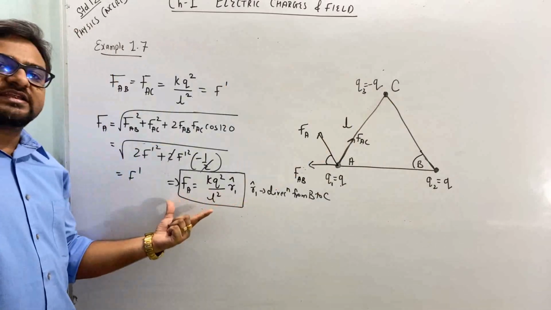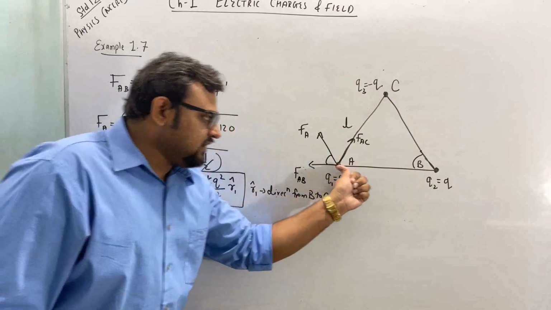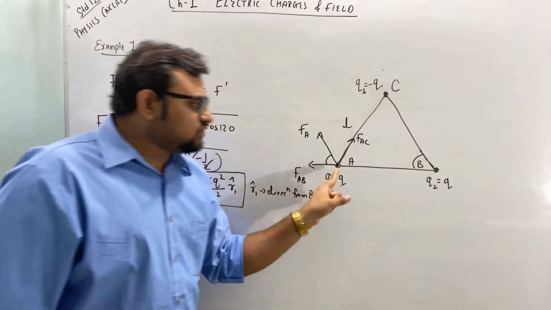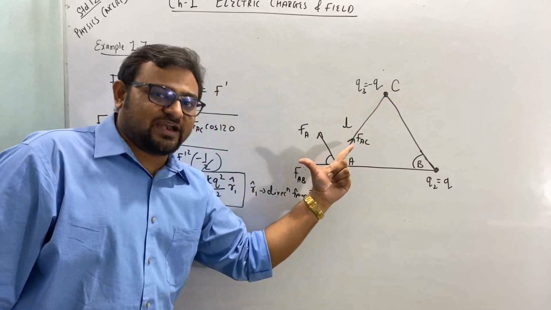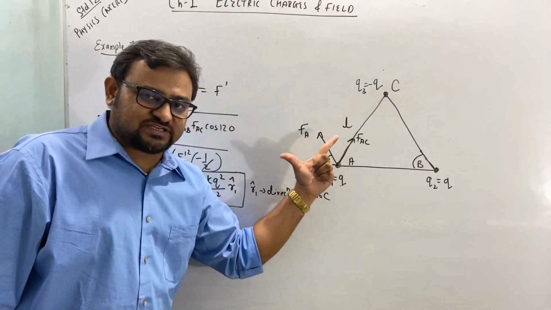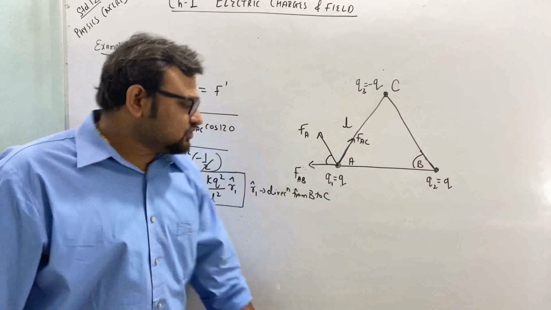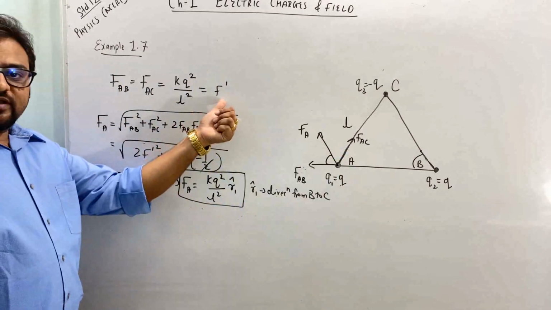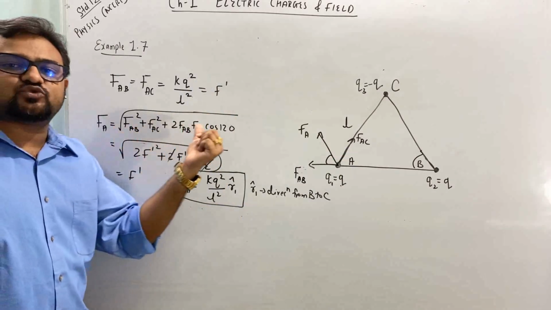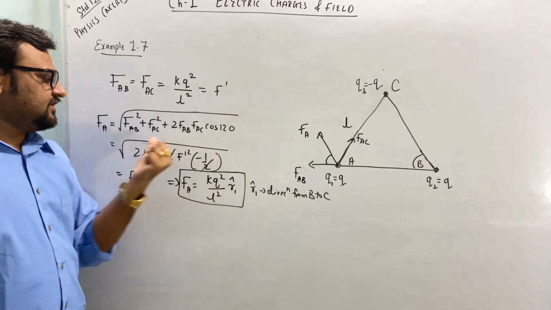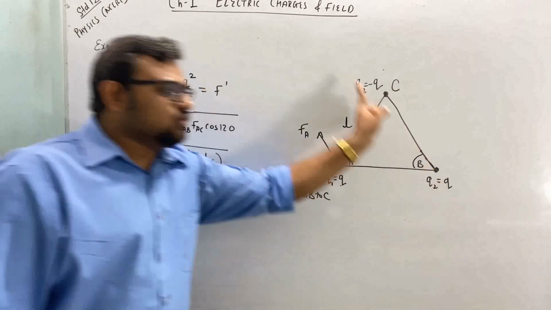So this is the force acting on A. I'm repeating once again. Force acting on A due to B in this direction, repulsion. Force acting on A due to C in this direction, attraction. So the 120 angle we have already discussed. When there are two equal forces at an angle of 120, then the resultant force will also have the same magnitude. So here it is, see, same magnitude, right? Or else we can use the addition formula, that is square root of a square plus b square plus 2ab cos theta. So I have done this, and finally I get this. But remember this R1 direction is from B to C.